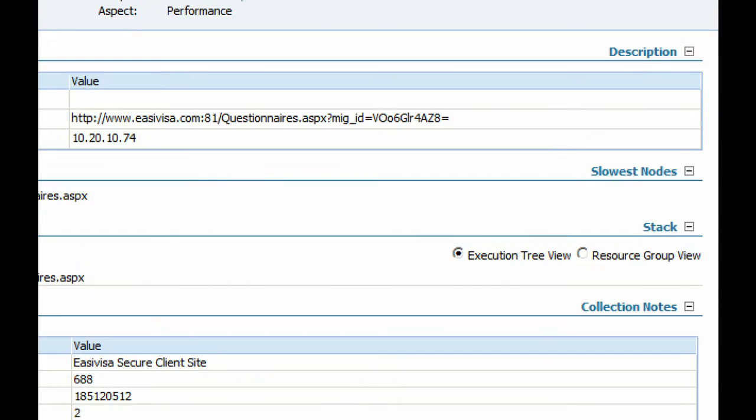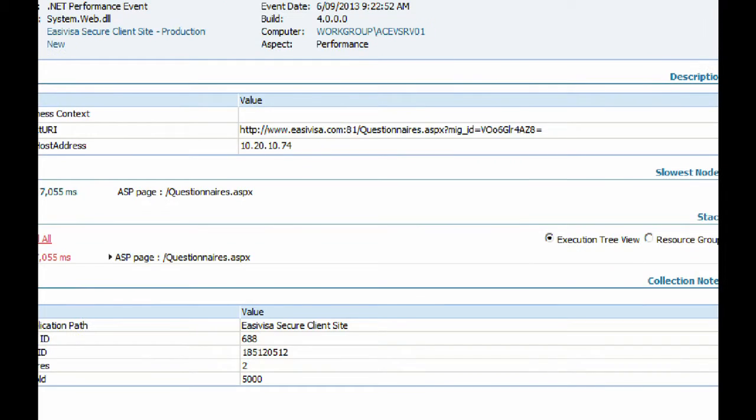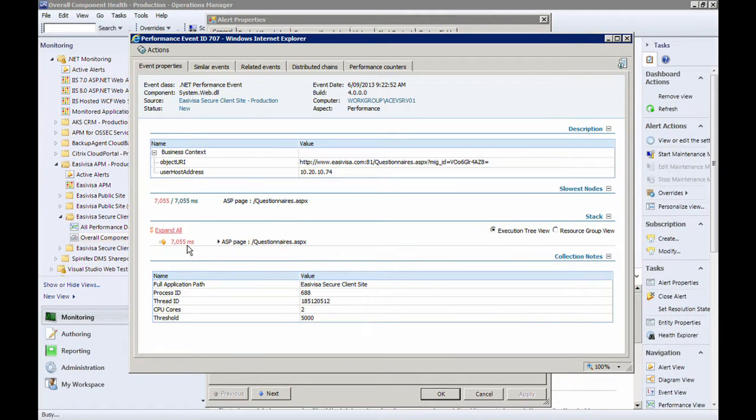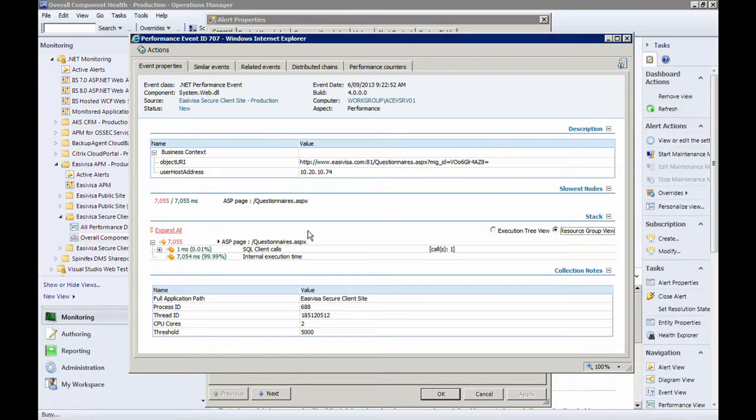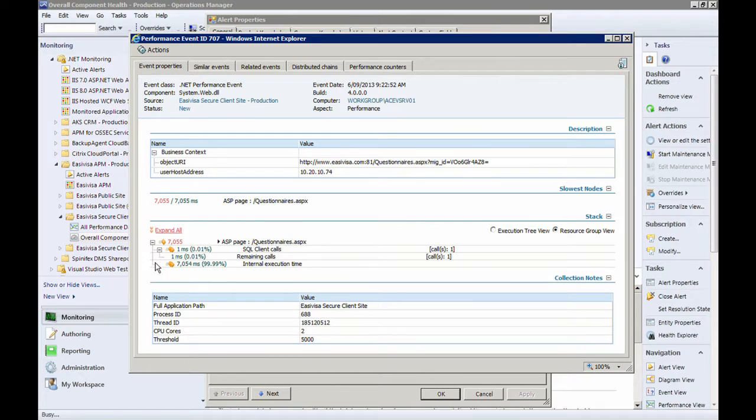So from here, you can see that the questionnaires page is taking 7 seconds to load. If this page was calling other pages as well, we would see the flow-on effect if it was calling other services, and I've got another one that I'll show you around that, for example. So this page here does make a SQL call. So we can see here that the SQL query actually is really not part of the problem at all. It's something internal to the actual application page itself. So then we can take this information back to the developers that develop the app and get them to do some more analysis on